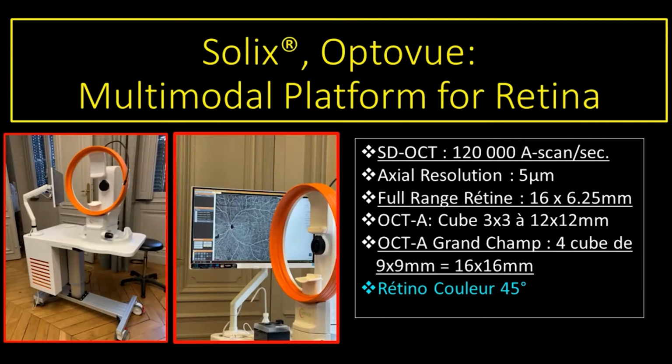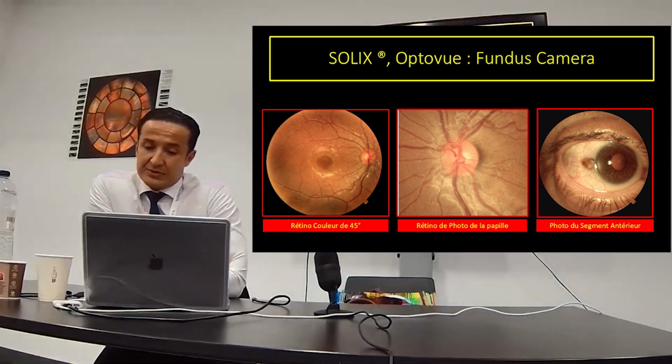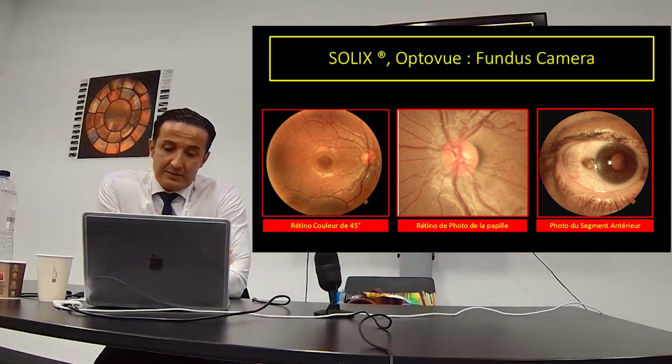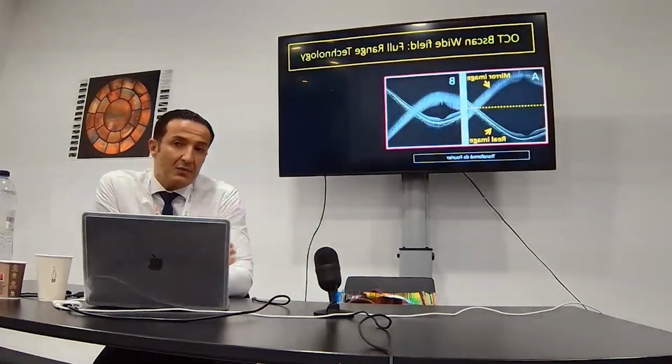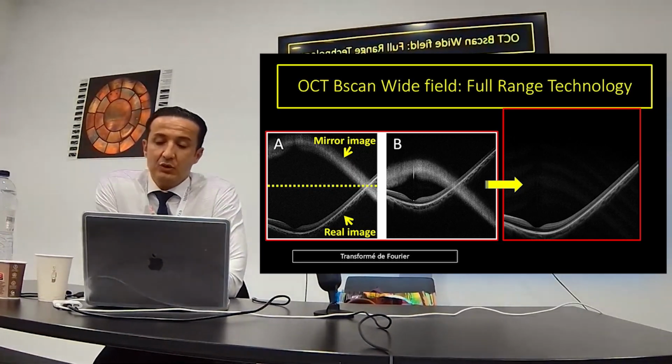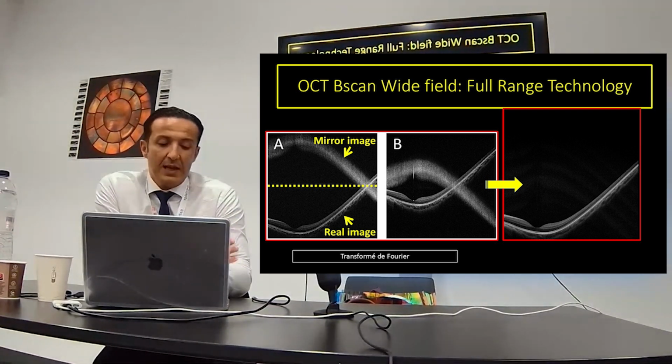The classic OCT angiography with a cube of 3x3 until 12x12, and the possibility to create a composite of 16 by 16, and the fundus camera of 45 degrees. So you can make some beautiful pictures of the optic nerve, posterior pole, also anterior segment associated with your classic V-scan. The last evolution of the OCT using the full range technology embedded on the Solix platform and allowing the